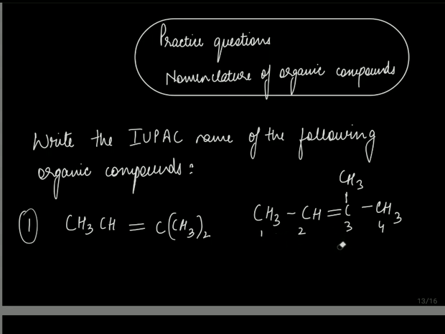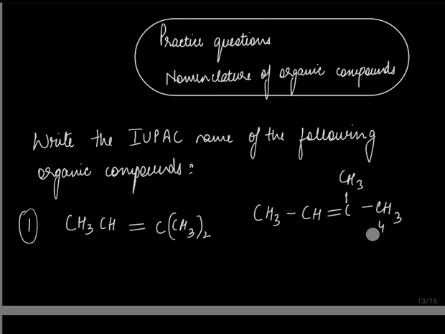But this is not the correct numbering, because we are ignoring the fact that you have an alkyl group. If you can see over here, if we do this kind of numbering, then we are giving a bigger number to this alkyl group. This is CH3. This is called a methyl group, which is not numbered. So this is our parent chain and this is the substituent. You can even number this CH3 as 4, then also the name will be exactly the same. But we are not doing the numbering correctly right now.